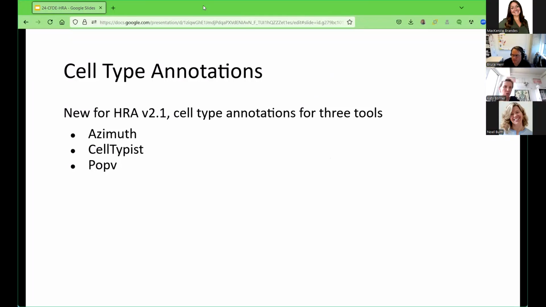These cell type annotation tools do not always agree when they assign cell types. In fact, in some cases, they have 50% agreement, and all other cells have different names if you run them through these 3 tools. And so we will not be the ones that bring order to this, but we can visualize where these tools agree and where they disagree. And hopefully that helps those who develop cell type annotation tools to improve them. On the next slide,